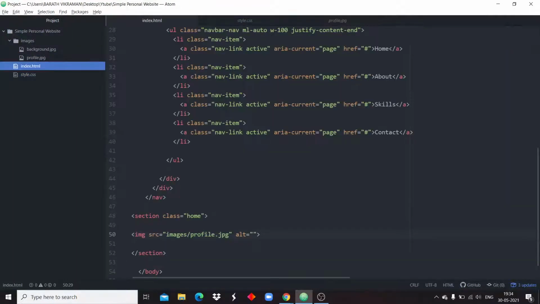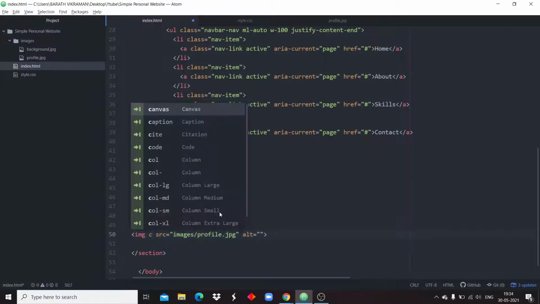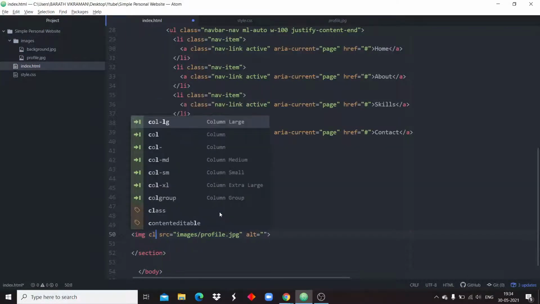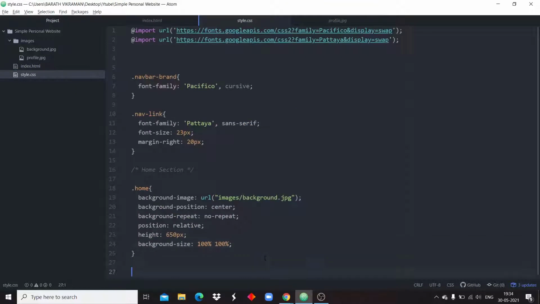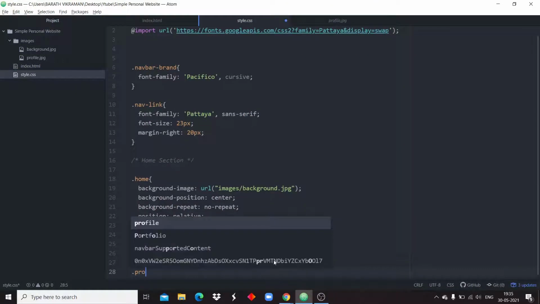I am just giving the class name for the image tag as profile. Below the home section, we need to specify the profile.